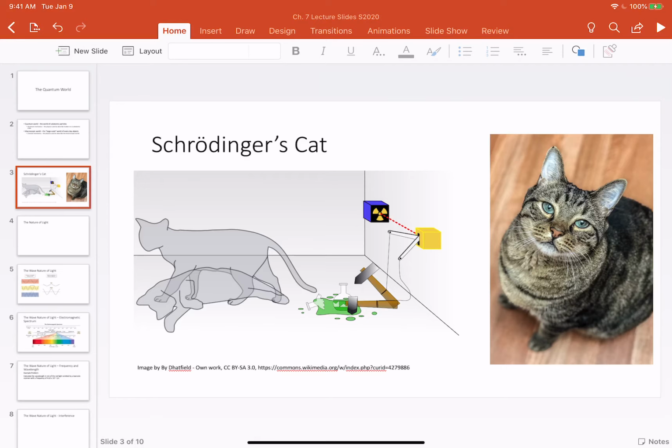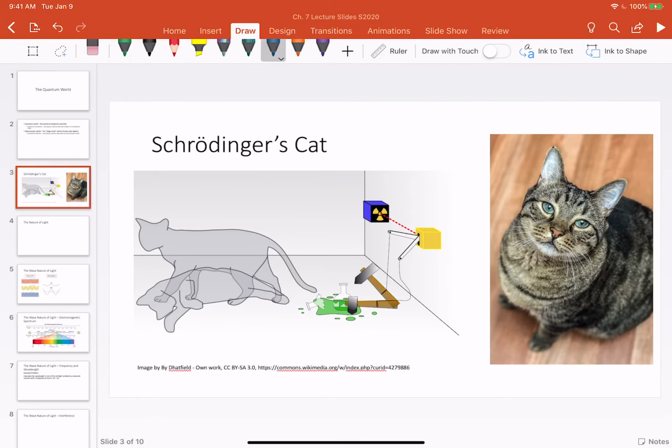So also, this little cat over here, that guy's my friend's cat. His name is Schrödinger, so he is Schrödinger the cat. He is the best science companion that you could ever hope to meet. So, anyway,